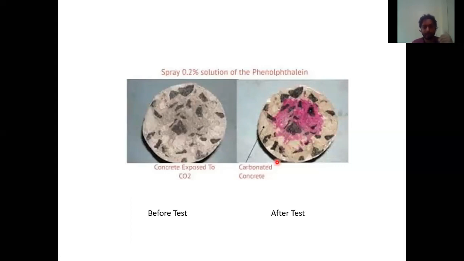The question arises, why? Phenolphthalein has the characteristic that whenever the phenolphthalein solution reacts with any alkaline material or alkaline solution, it gives the pink color. And if it reacts with any material with a lower pH, there is a threshold which is sometimes called 8 or 9. Okay, if we consider this as 8, if the pH is less than 8, then we get colorless. And if the pH is more than 8, then we get pink color at the surface of it.